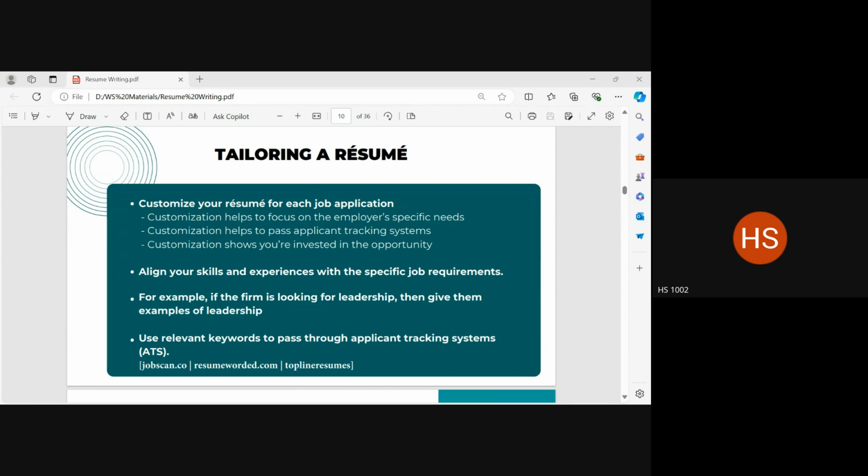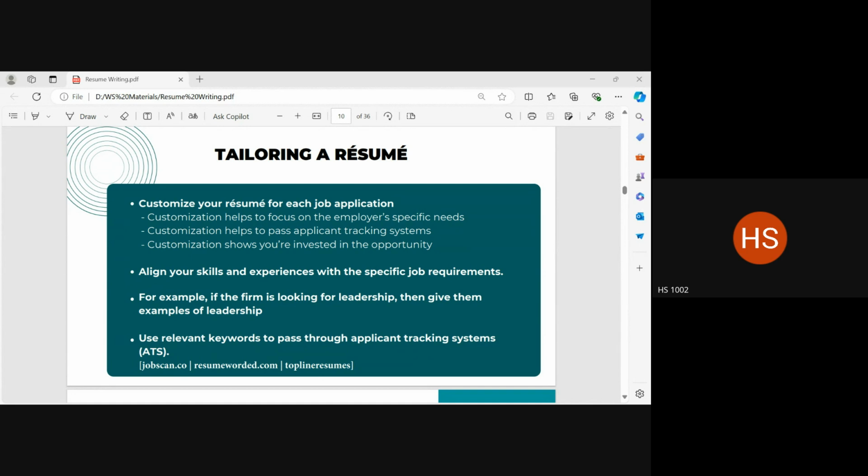However, you can take the help of these websites in order to make sure that the resume that you have drafted is up to the mark. We're always thinking about ways to maximize our chances of being hired. In the interest of maximizing our chances, we can take the help of these websites.